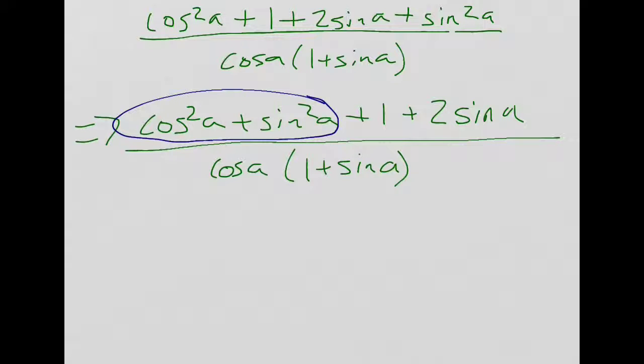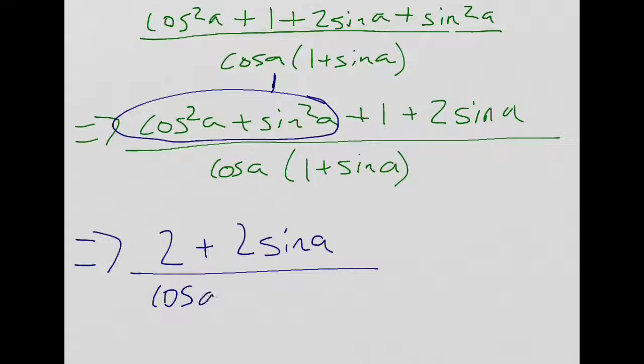I just plug in 1. I can replace that with a 1, and then I have 1 plus 1. So my new numerator would be 2 plus 2 sine A